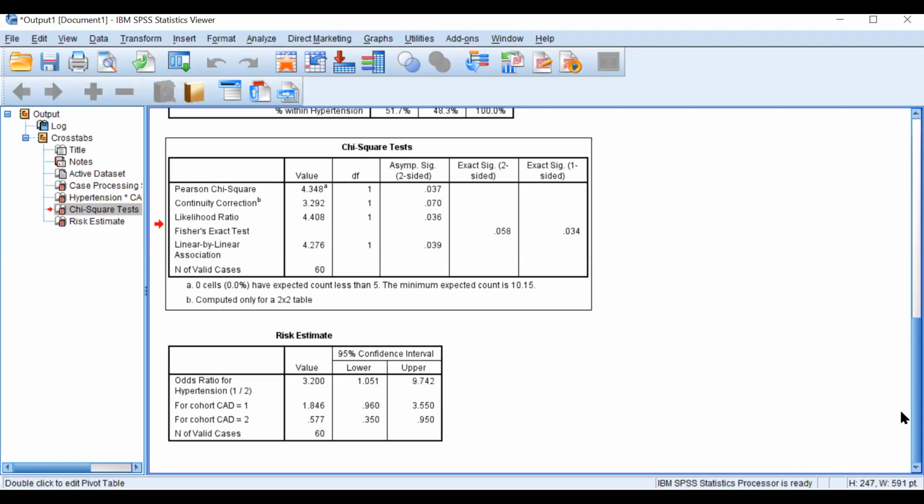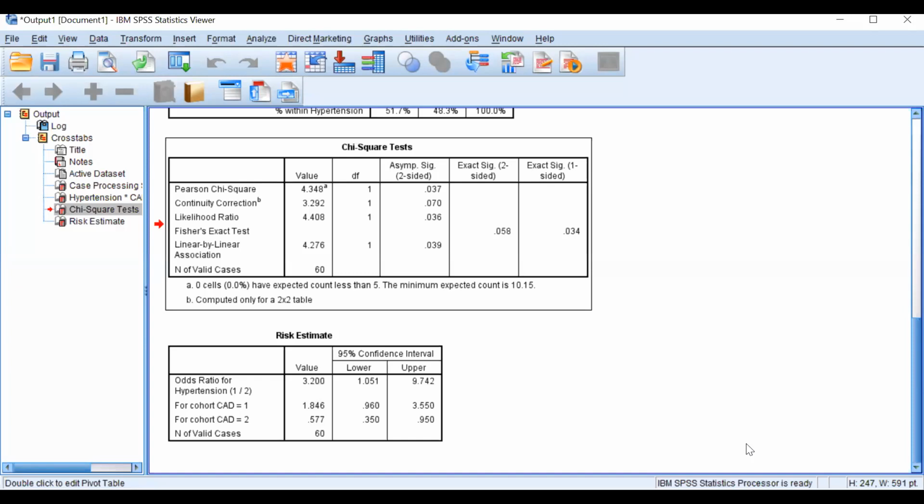The procedure of analysis goes step by step. First, for association, we can use the chi-square test itself, irrespective of whether it is a 2 by 2, 2 by 3 or 2 by 4 table. In the second step, you can split the data according to particular characteristics, for example male, female, and again check for association. That is stratified analysis, and it is one way of looking for confounders also.